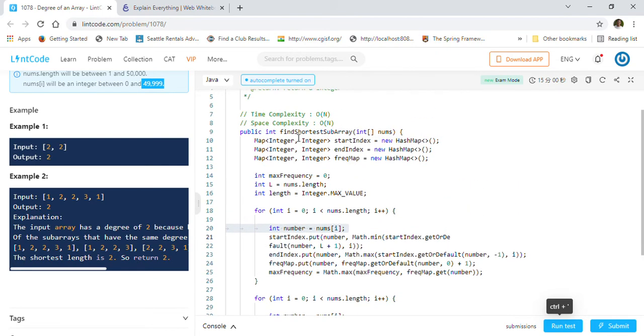So first thing I did is I created 3 different maps: start index, end index map, and frequency map, right? All our keys are integers, values are integers. And then I created 3 variables. One is max frequency, another is L, and then length is assigned as Integer dot MAX_VALUE, right? After that we are going to iterate through the array nums, and then we will create